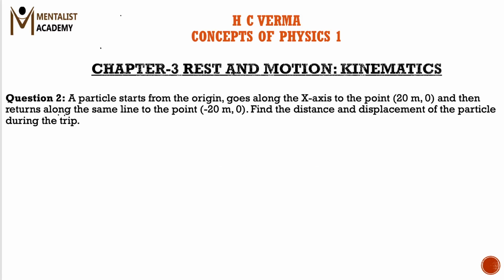A particle starts from the origin, suppose this is the origin O, goes towards the x-axis, suppose this is the x-axis, the particle moves to the point 20 meters, 0, and then returns along the same line to the point -20. So first the particle moves towards the positive x-axis and then it returns in the same line and moves to the negative x-axis